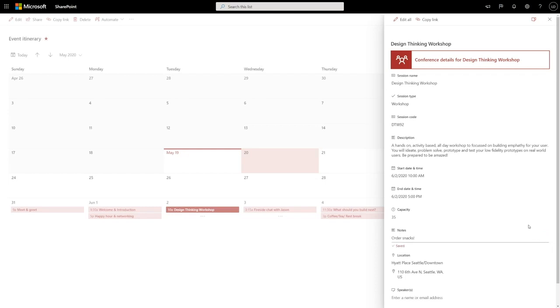All right, wonderful. So I've customized this form. It's working for me and my team. Those of you with a keen eye may have noticed, hey, there's this cool header at the top of the screen. This isn't part of the out-of-the-box SharePoint form, is it? I'm proud to show you how easy it is to configure basic headers, footers, and layouts of the form. So if I click Configure Layout,